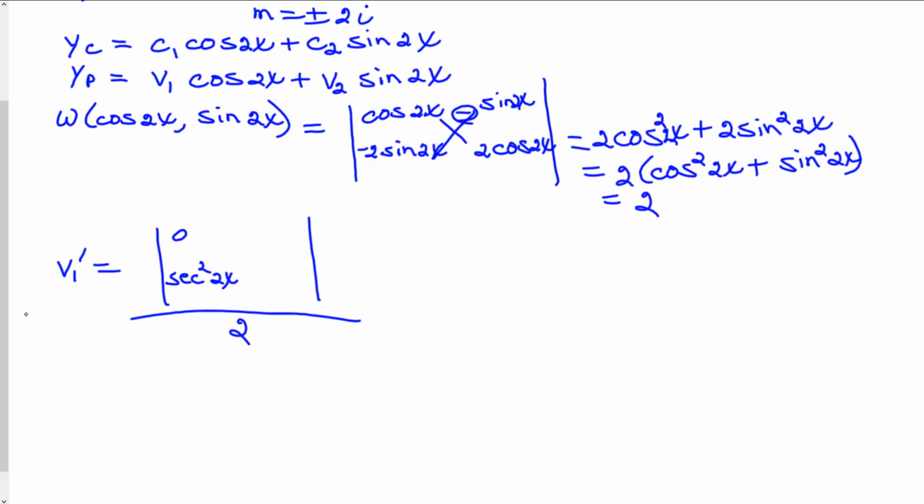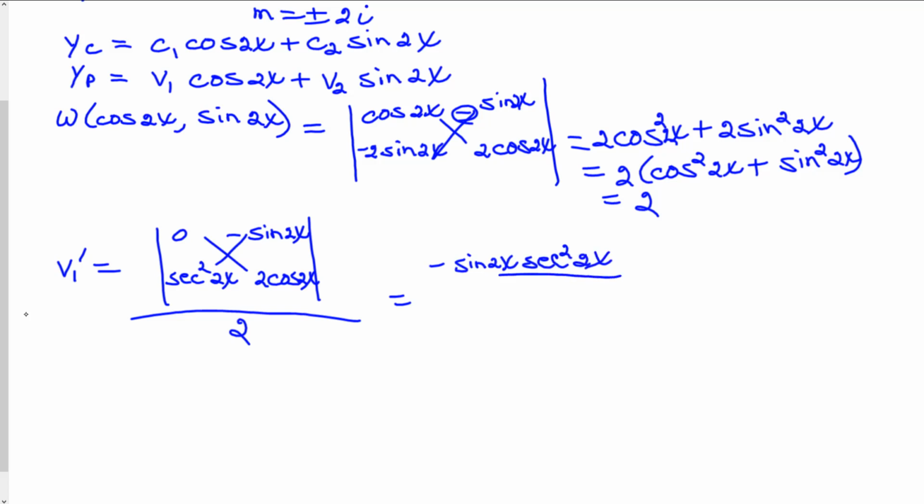But in column 2, we need the same column 2 that we had in our Wronskian, sine 2x on top and its derivative below. Okay, this diagonal product is 0, so it'll go away. Minus the right diagonal product gives us negative sine 2x times secant squared 2x